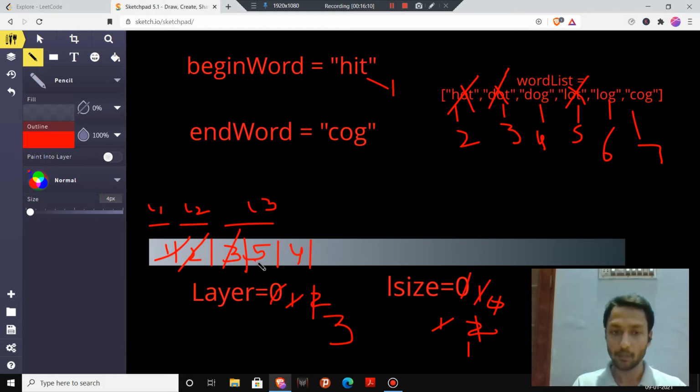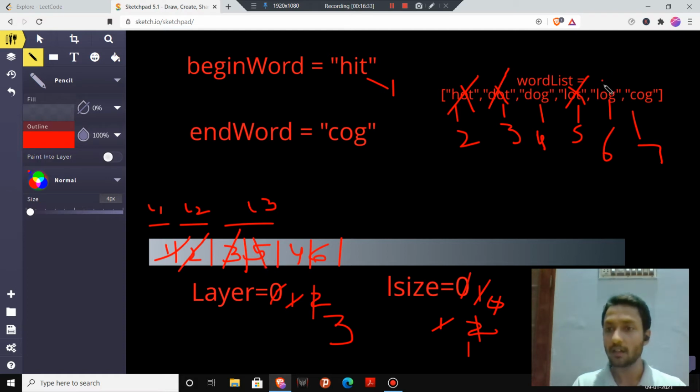Now we will move to word 5, which was lot. The word we can make from this is word number 6, log. So we will push it into the queue, and this 5 is removed from the queue.